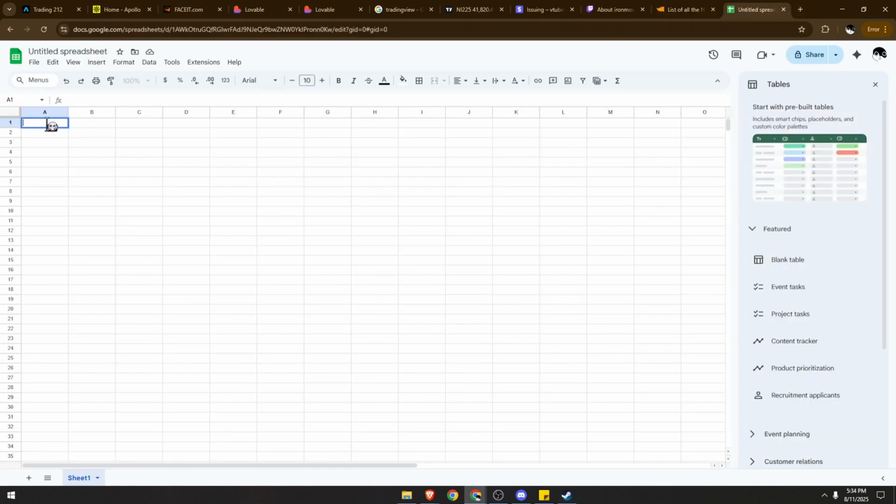Then over in your Google Sheets, we can type this formula or command. It's going to be equals IMPORTHTML. You need to select that. Then you need to add quotations, add the link, then close it with another quotation, do a comma, quotation, and